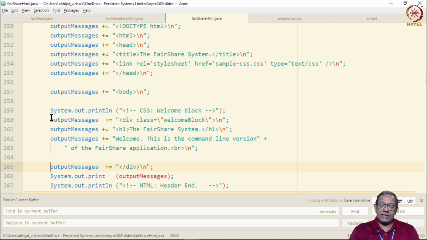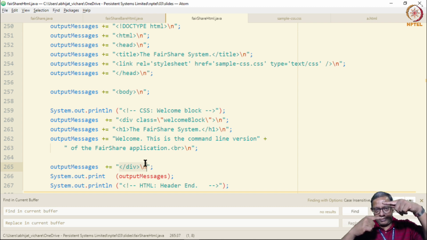So we would say that a certain part is a welcome part and mark it up using this HTML element. We give it a class called welcome block, and there is a corresponding closing block. So whatever is between these two, div class and /div, is going to be treated as a welcome block with a class welcome block.